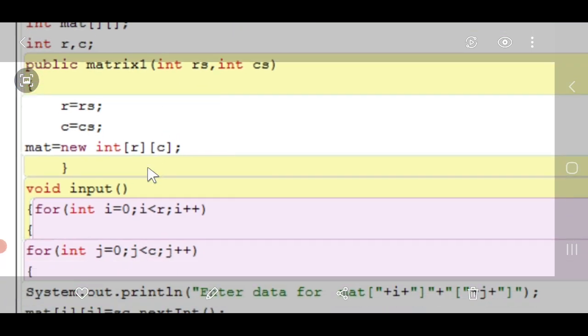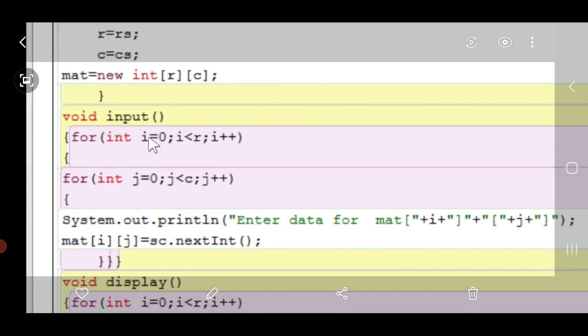Right, after that we have the input function, so we have to run a loop from i equal to 0 to less than r, the row index, and here int j equal to 0, j less than c, j plus plus. So here it is again moving from 0 to, suppose a 2 by 2 matrix is there, 0 to 1. It's going to work. So students, this loop is very very important for the input, for display, for some different operations of the matrix or 2D array. This loop is going to be used.